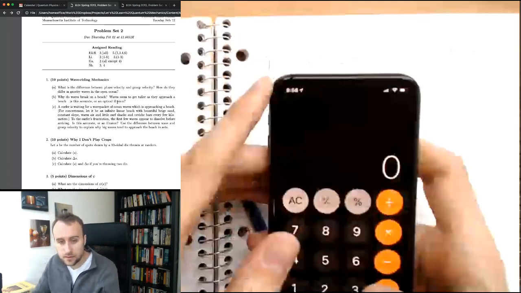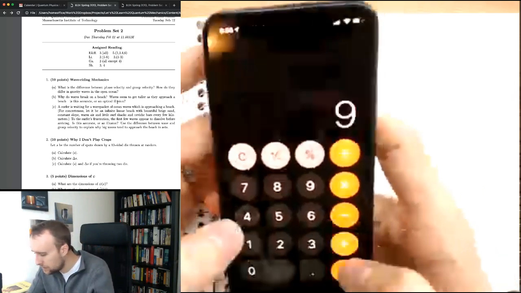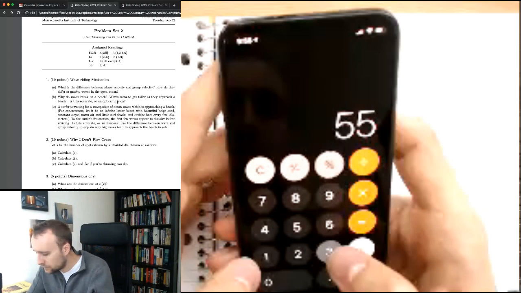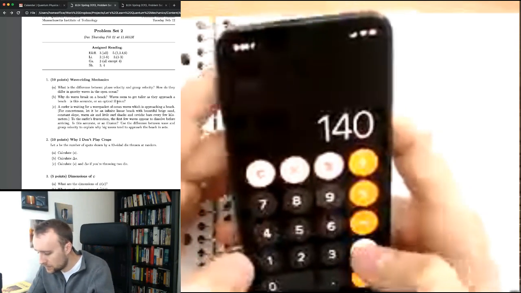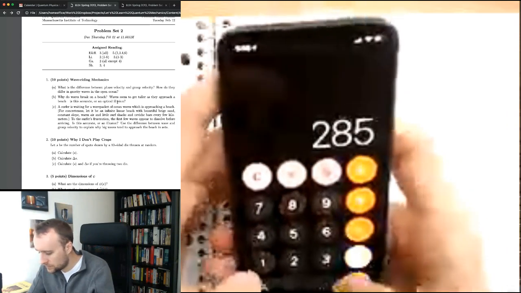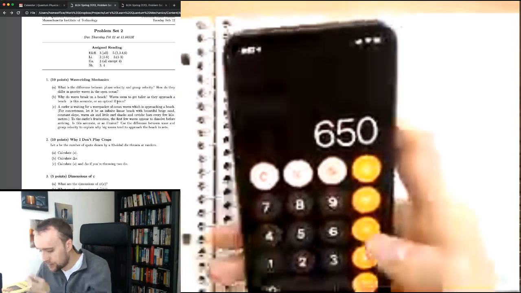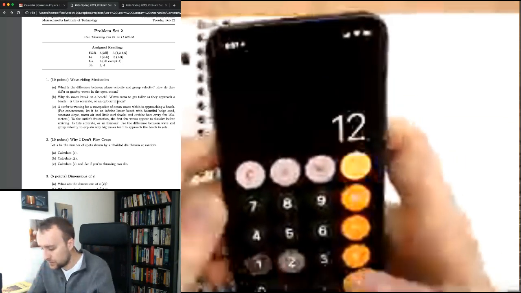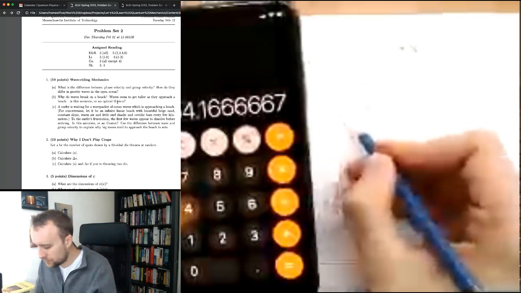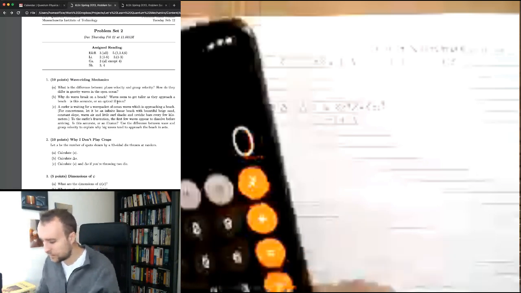So we've got 1 plus 4 plus 9 plus 16 plus 25 plus 36 plus 49 plus 64 plus 81 plus 100 plus 121 plus 144 equals 650, divided by 12 possibilities, and we get 54.16 repeating, minus 6.5